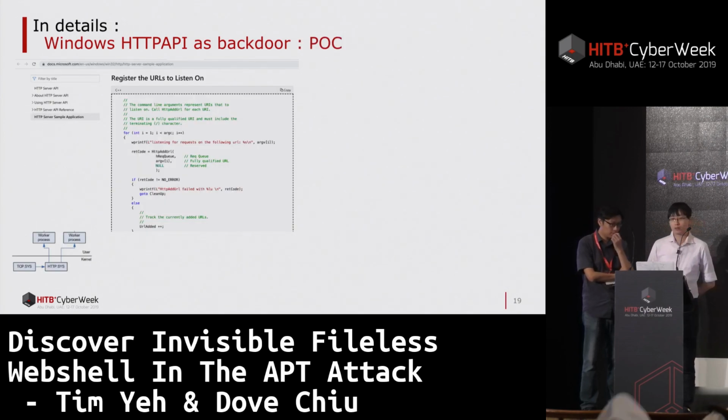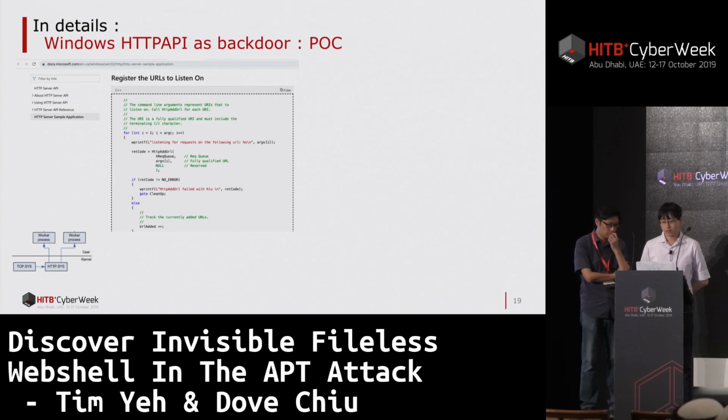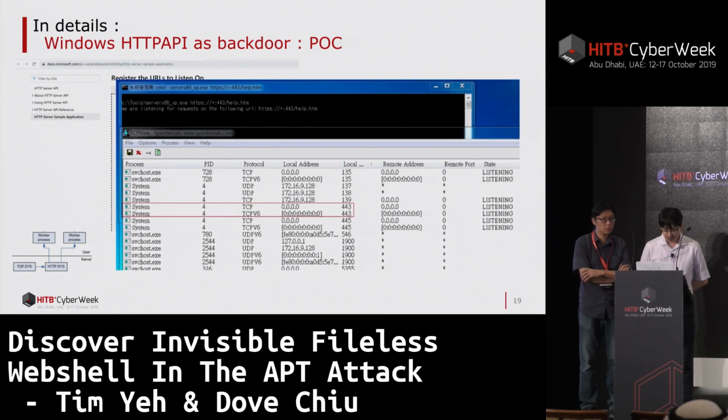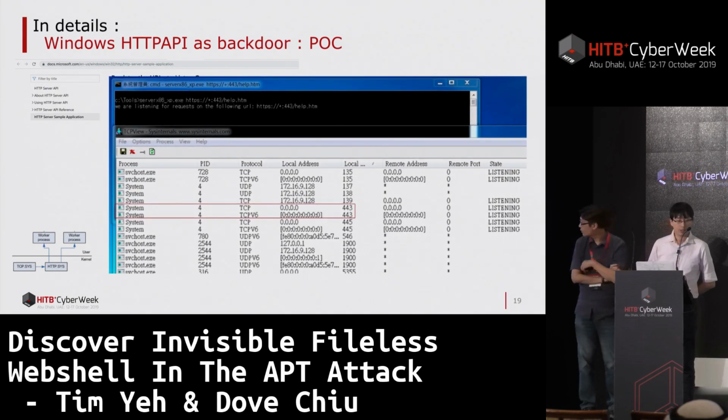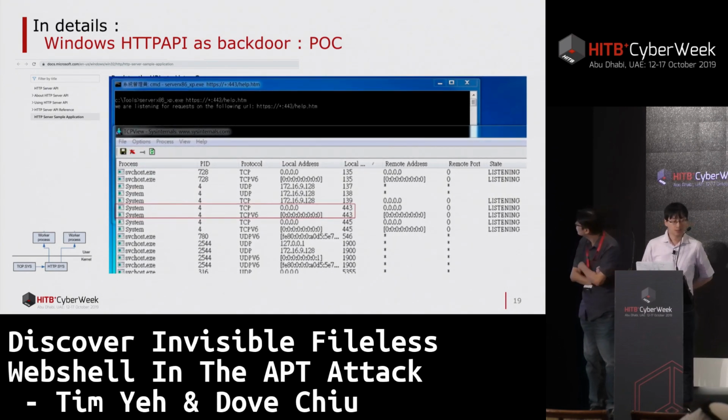We tried to download some sample code from the Microsoft documentation or GitHub. We downloaded an HTTP server sample application to write the POC code. And in the box is our POC code for the web shell. We registered